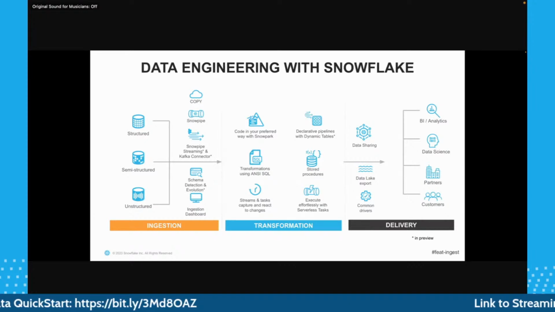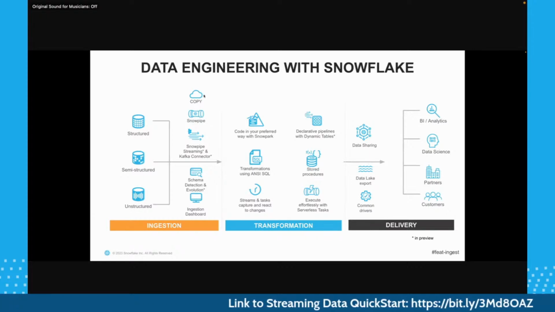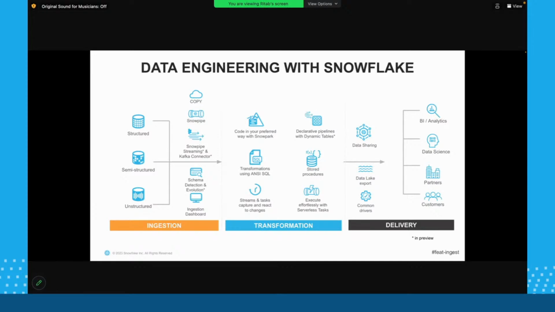And for that you have the different mechanisms, which are the traditional way of copying from any cloud blob storages. Then you have the Snowpipe, which is a serverless service. For those of you who are new to Snowflake, Snowpipe is a serverless service. But for those of you who have been working with Snowflake for quite some time, this was a game changer for us. This was the way wherein we can let go of any third-party integrations. We can do everything natively in Snowflake, bringing files from any S3 or Amazon or Azure blob storages into Snowpipe.